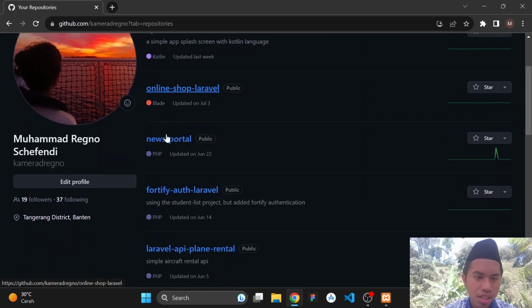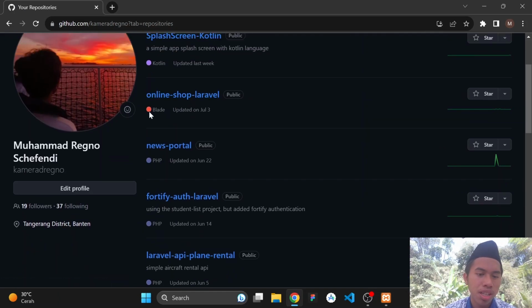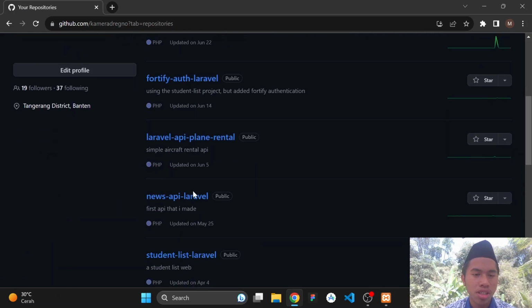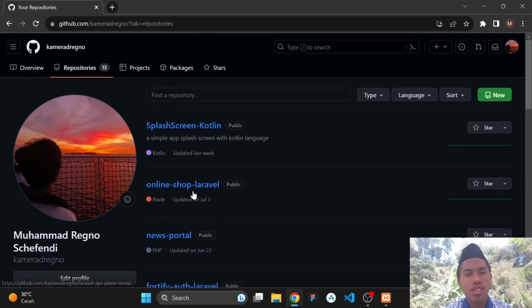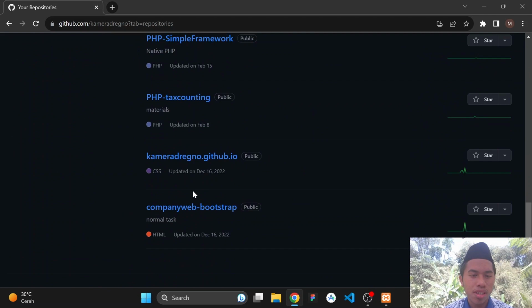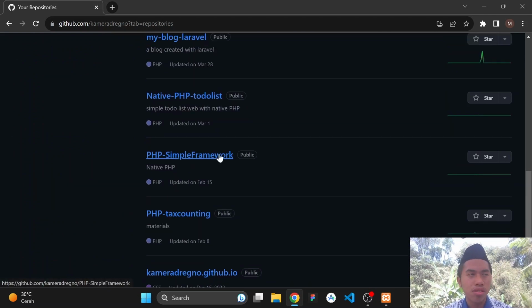Just look for the one using PHP Blade, because we are going to use a Laravel code, not other codes, since we are using XAMPP and we're going to make a back-end code. We're going to run a website or an API that needs a server to be run. So the first step is